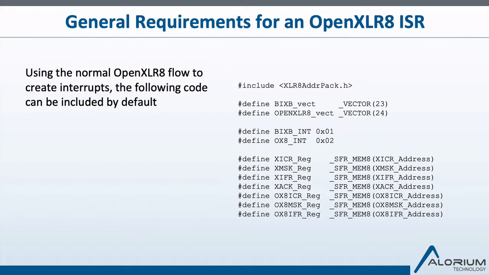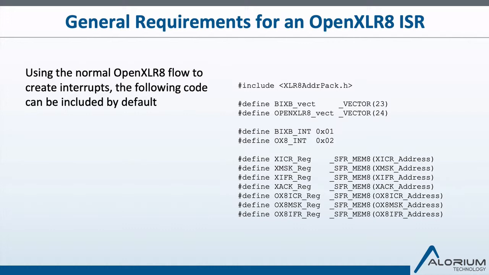So just in general, there are some defines and includes that you can set up for an OpenXLR8 ISR. These could be included in just about any project that is using our normal recommended OpenXLR8 flow to create interrupts. You can include the Accelerate address pack, which is a library that we provide that has register addresses defined that are used in OpenXLR8. So that includes the control, mask, flag, and ACK registers for ISRs,